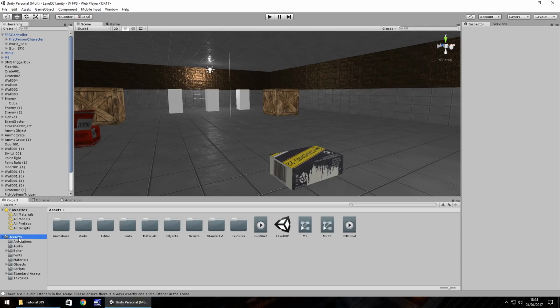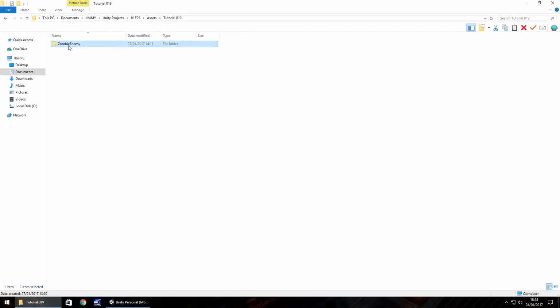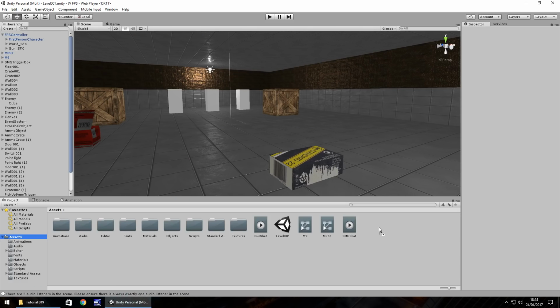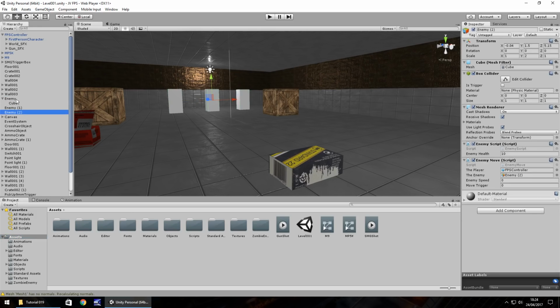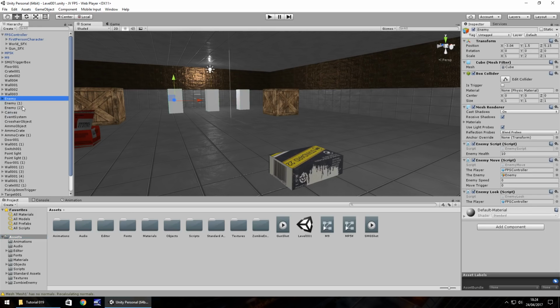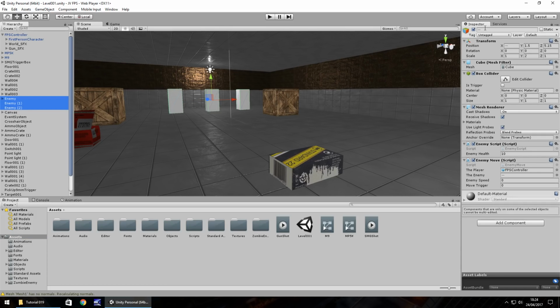So I'm going to click on our assets here, and I'm going to drag and drop this zombie enemy, which you can get if you go over to our website, jvunity.com, head to downloads and assets, and go to the FPS page, episode 19, you can download it there. So currently we have these cubes as enemies. I'm actually going to disable these three now, and we're going to start from absolute scratch so we can get